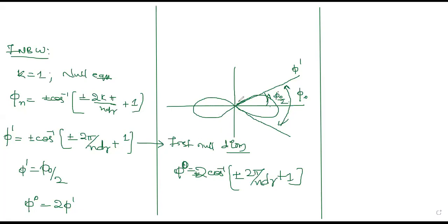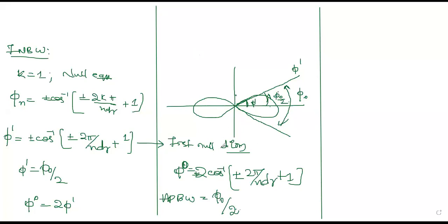Phi dash is nothing but from here to here. If you get confused with the diagram, this is your phi dash, and this will be your phi naught by 2, similar equation for this. So you know the direct formula of half power beamwidth is phi naught by 2. Once you get phi naught here, you can directly substitute that phi naught and divide it by 2.